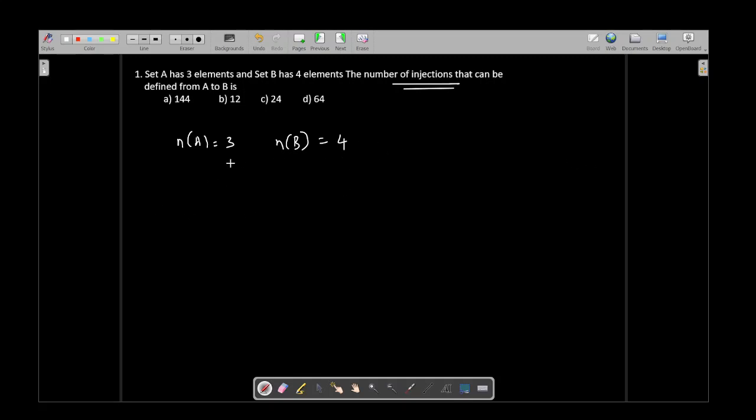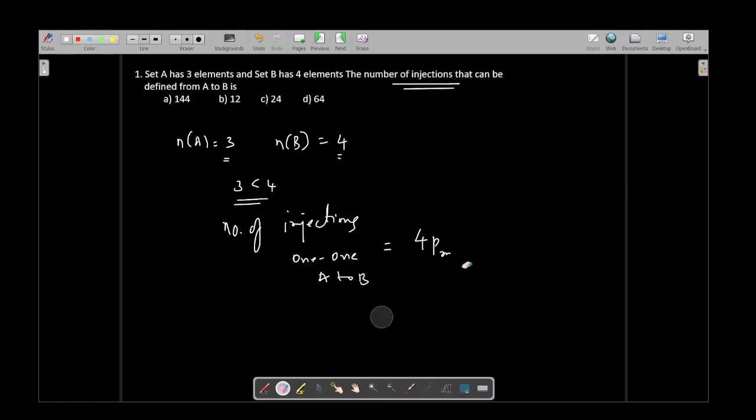So one-one functions can be formed from A to B only if the number of elements in A is less than or equal to the number of elements in B. So here 3 is less than 4, and the number of injections, or one-one functions, from A to B is 4P3. 4P3 is actually mPn, because we have seen in the previous video,